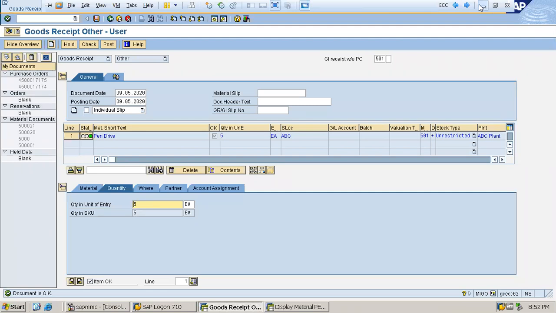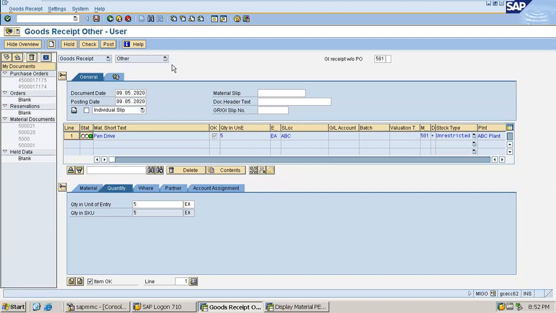Yes, it is saying document is okay. Then I'll just click on the post button. Document is good to post. Now I'll post. Thus the goods receipt will be posted and one material document will be generated.